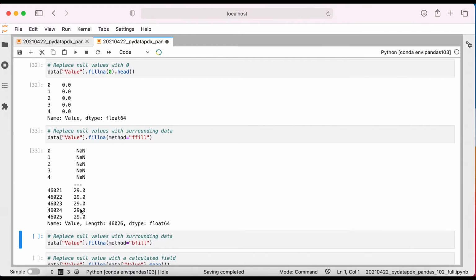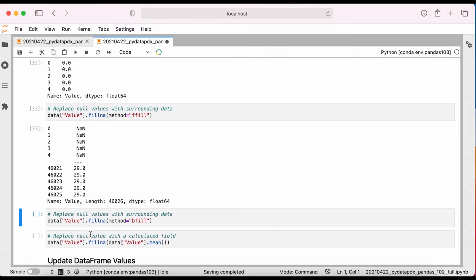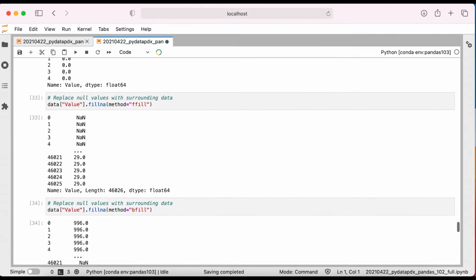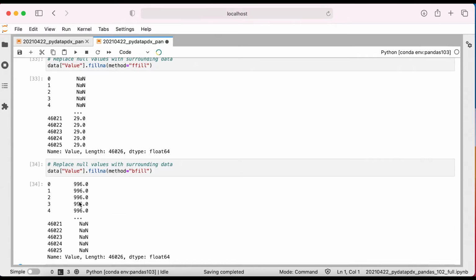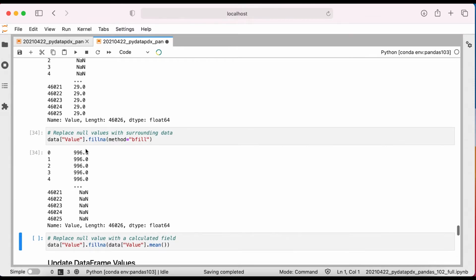You can also backfill, meaning missing values are filled with existing non-null values after it. Pass the string bfill to the method parameter. The values at the beginning are filled with the first non-null value of 996.